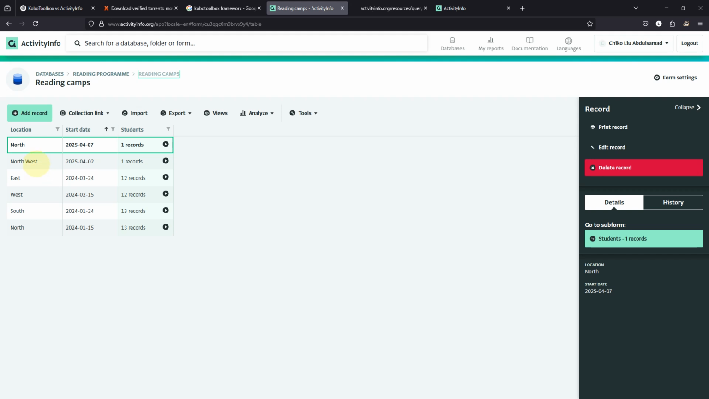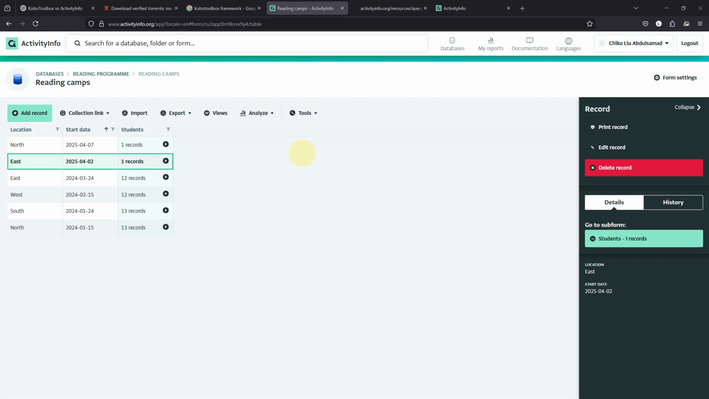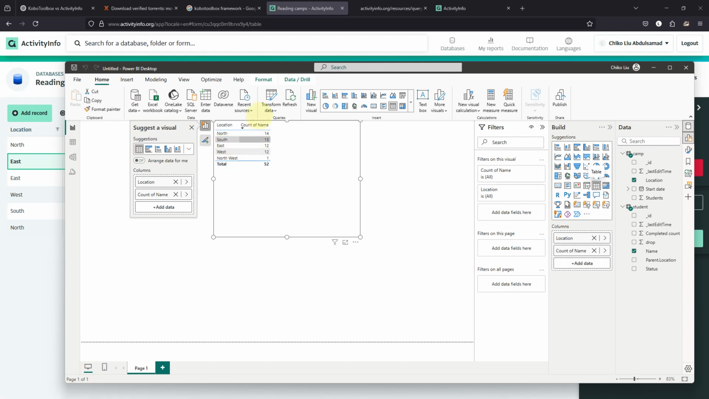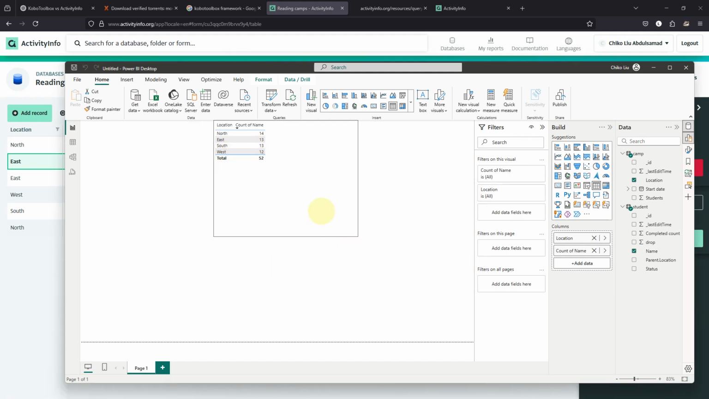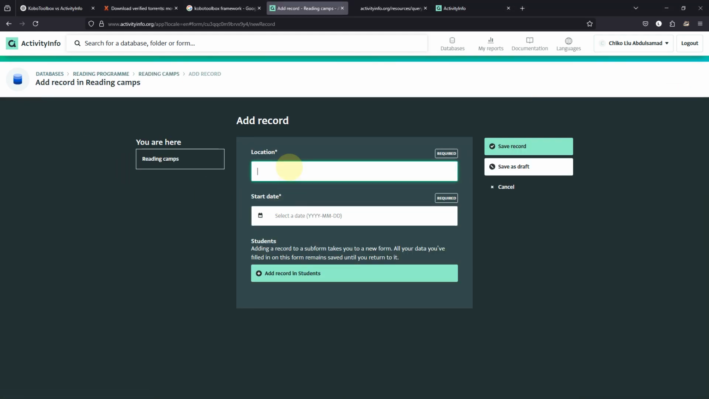I can adjust this to maybe south or maybe east. Go here and say east, and when I go back to my Power BI, this northwest is going to disappear if I refresh. And I do like that it is quite fast. I wonder what they built it in. So if I add a new record, it's going to definitely, let me see,